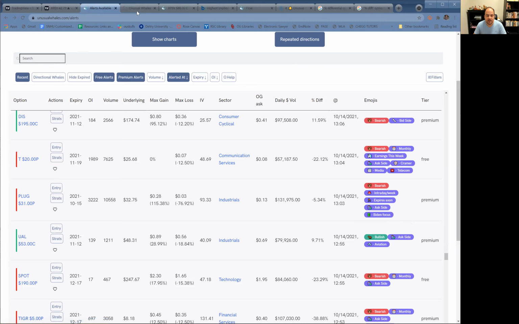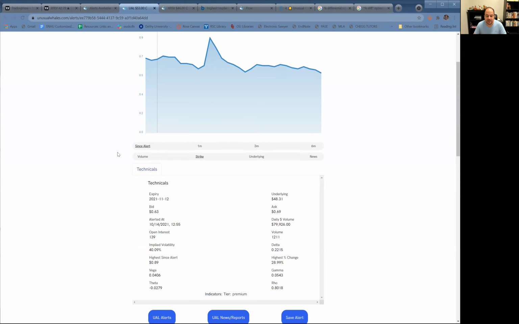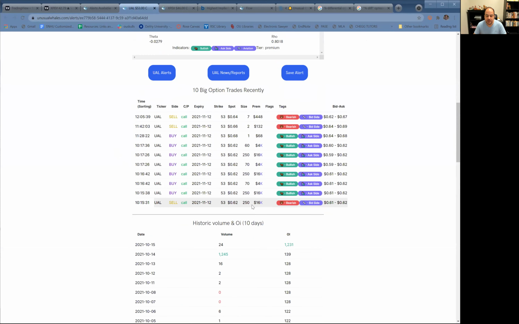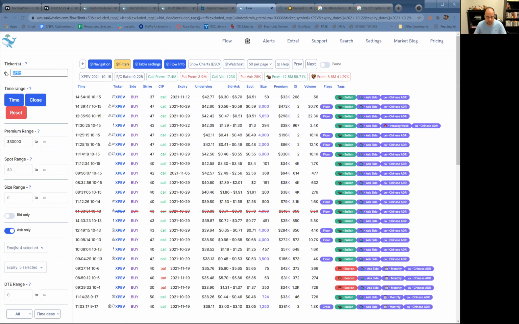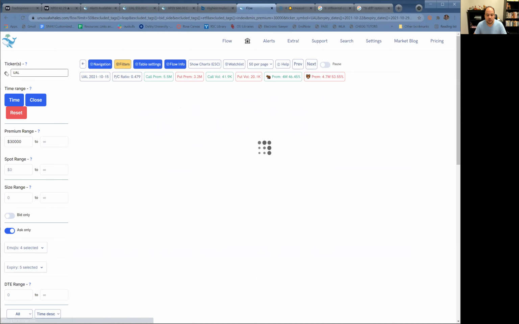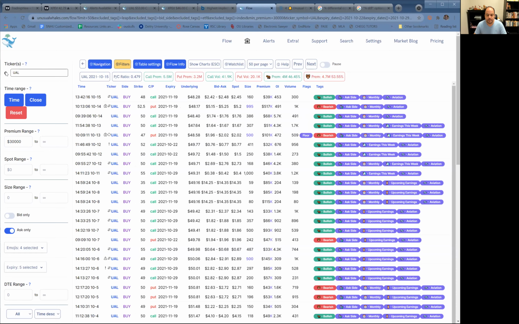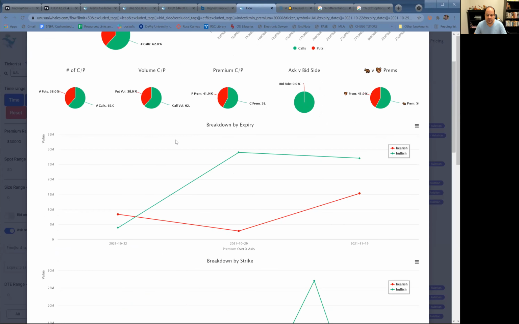I click here and look at some recent activity. Not fully bullish, but these premiums are really small. So the larger orders look good. And then in the flow, this looks pretty promising as well. Click on this and can see that, 1029, very bullish on the ask side,